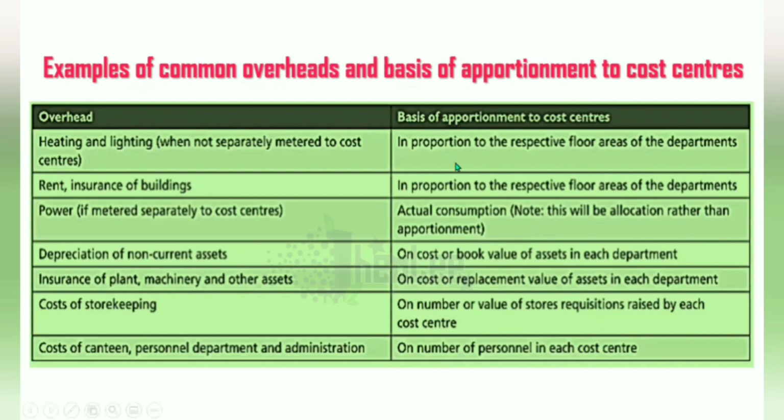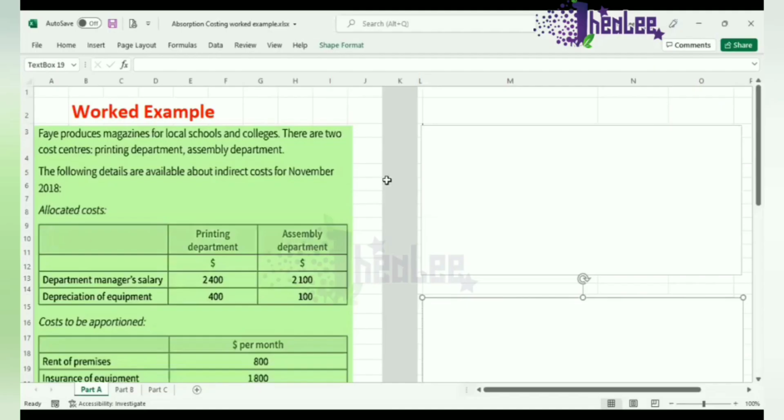to apportion the overheads. Let us look at an example now of applying the basic principle as it relates to absorption costing. Now, this question is taken from the Oxford Principles of Accounts text. And the question reads, FAY produces magazines for local schools and colleges. There are two cost centers, printing and assembly department. The following details are available about indirect costs for November 2018, and you're presented with allocated costs for printing and